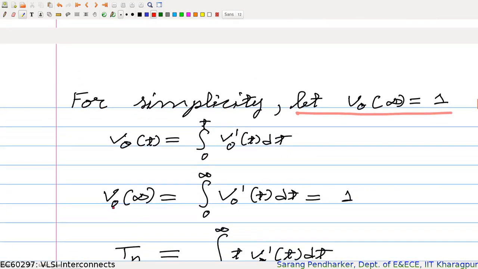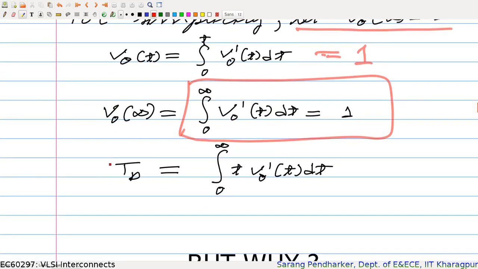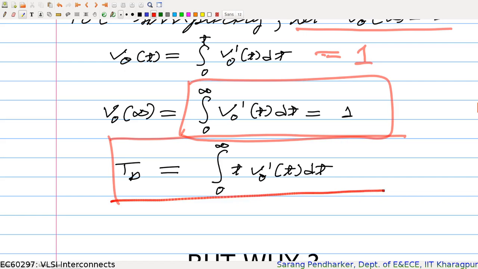And if I integrate up to infinity, you will have this integral. And if your final voltage is equal to 1, then your integral will simply be equal to 1 for the denominator. And then you can define your Elmore delay as simply this integral going from 0 to infinity of t V out prime t dt, where